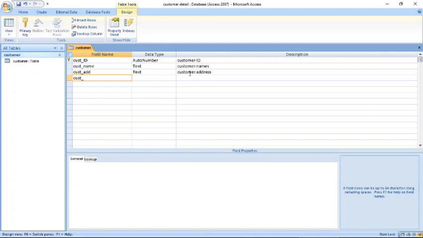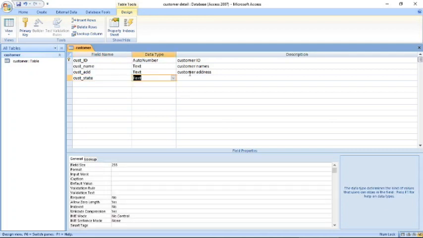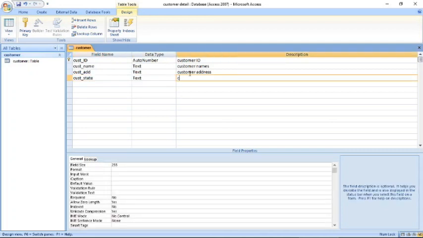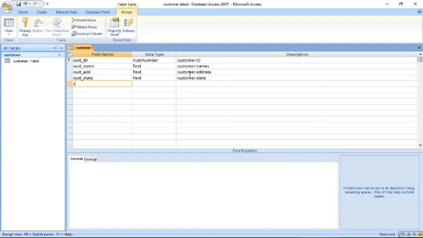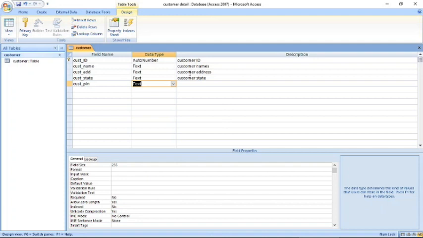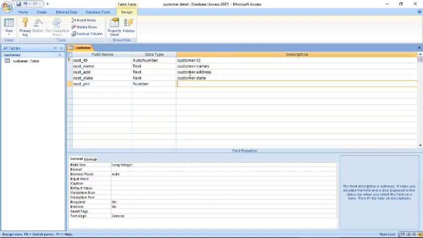I can make it customer state, that also is text. And next I go for the customer PIN, that is PIN code, and it is always going to be in numbers.